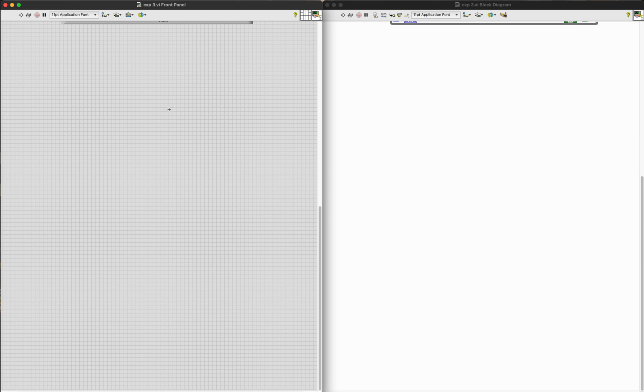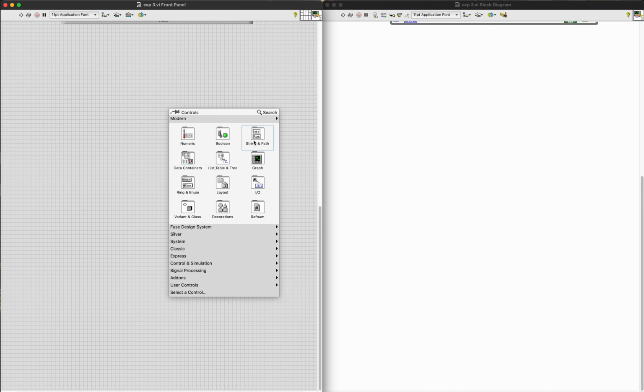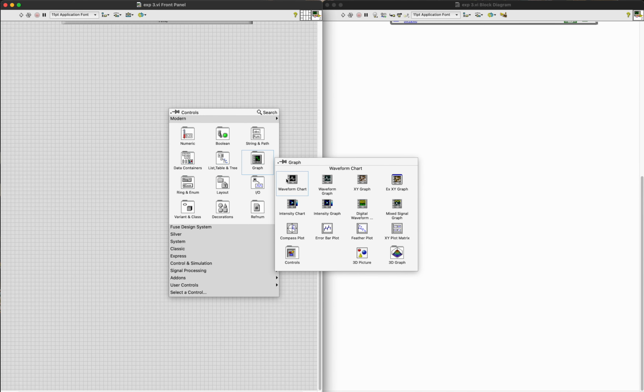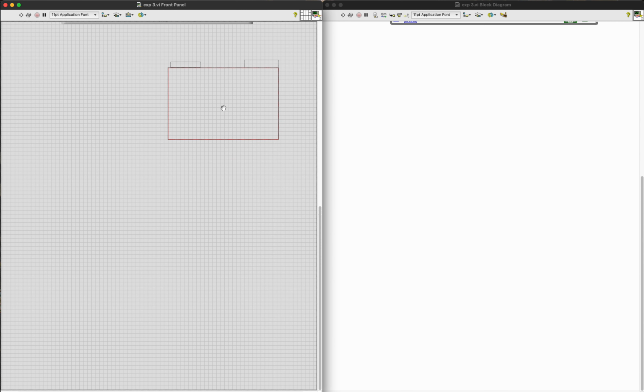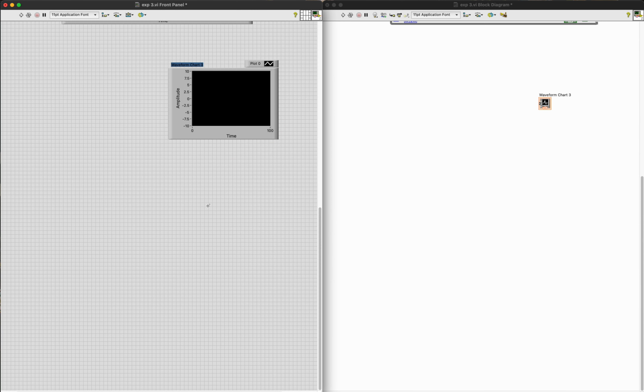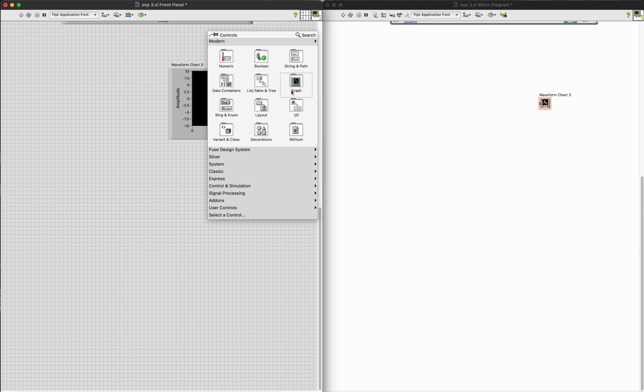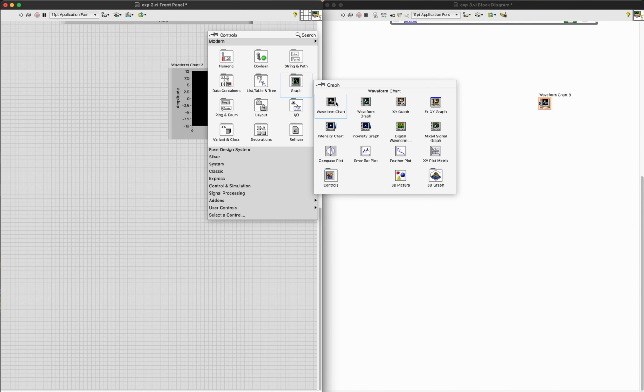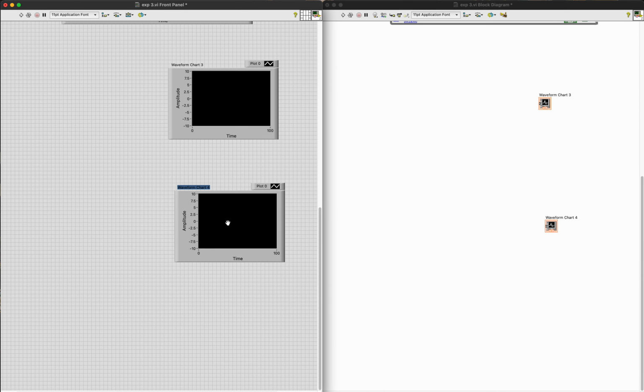So for the graph, go to the front panel, right click and go to the graph, and add this waveform chart, and another one we need. So add two waveform charts. Okay, now for this,